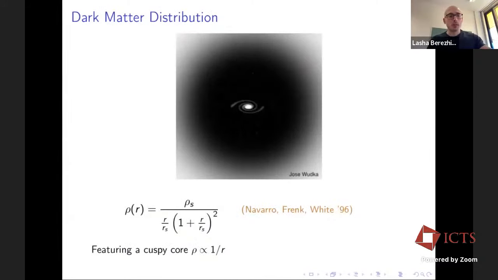Now, as you probably have heard, depending on which scales we look at, there are certain puzzles that are being discussed, and I would like to touch upon this. So we know that on cosmological scales, all we really know about dark matter is that it is a non-relativistic fluid with a corresponding equation of state, which is much smaller than 1. And that is all we really need to fit cosmological scale observables.